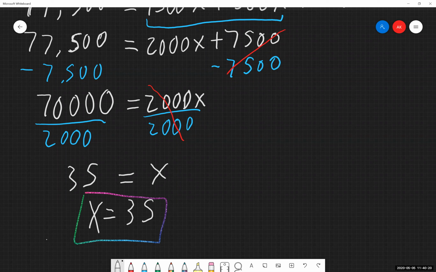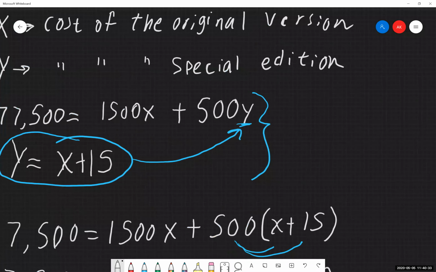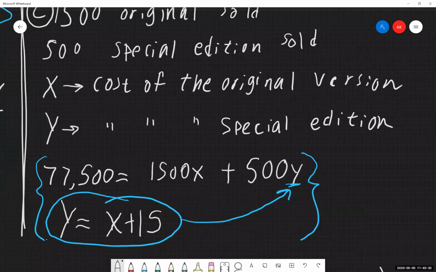And again, we have half of it done because we were asked how much did each version of the game cost. So let's go back up on our problem and find out. Okay, so just a reminder for ourselves. What does x represent? Okay, x represents the cost of the original version of the game. So we have that labeled for ourselves. And again, it's very useful to have your variables labeled so you can keep track of what did I just find? What am I looking for? What do I have left to find?